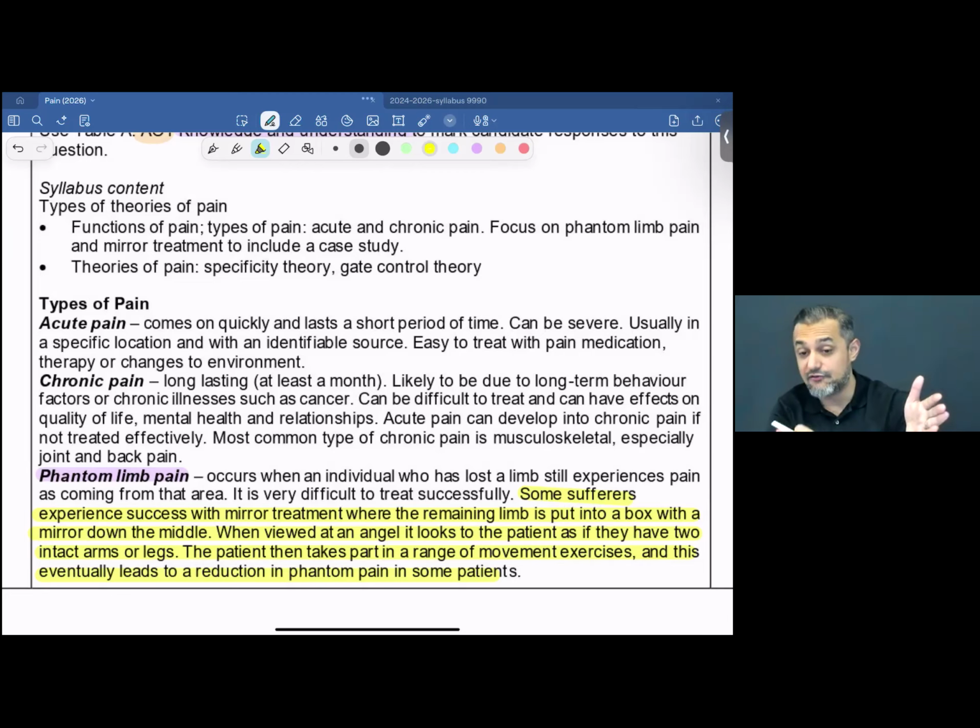A reflection of that actual limb. Now, I mean, this was amputated. So if I talk about this